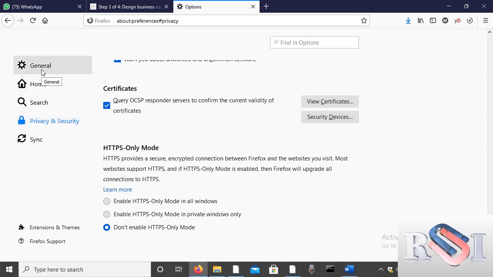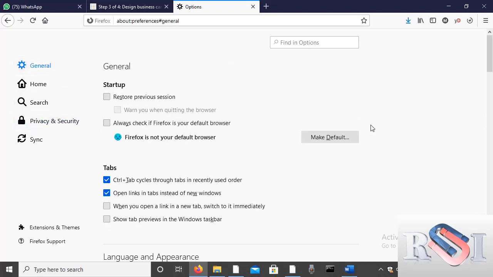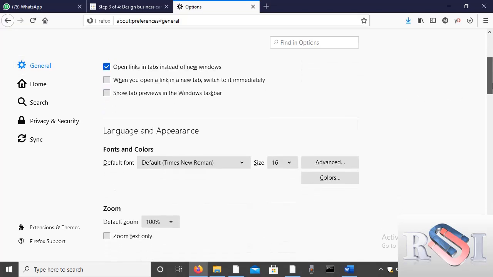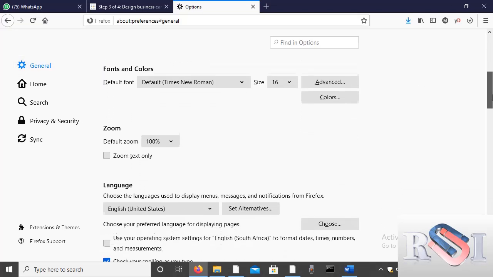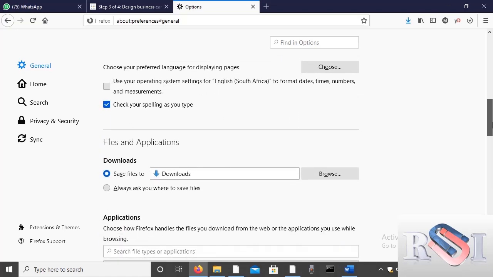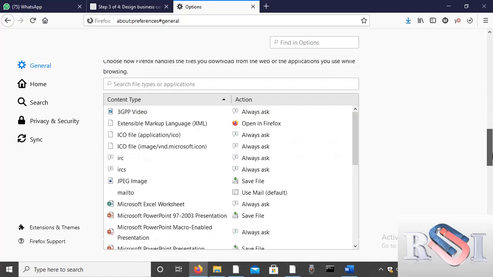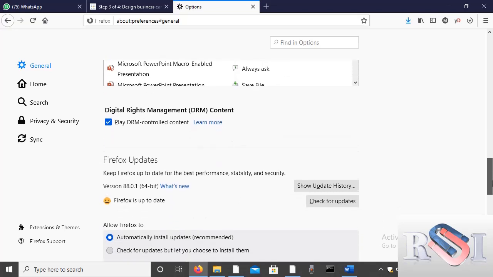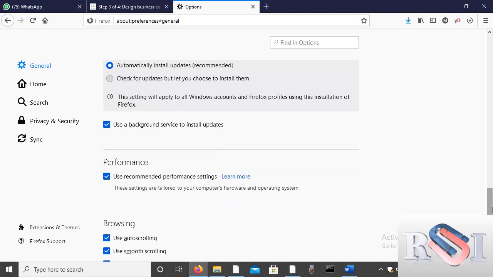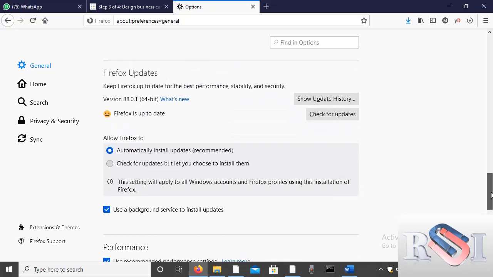Let's go to General, and in General, just scroll down. Here, this is another one. Keep Firefox up to date for the best performance, stability, and security.